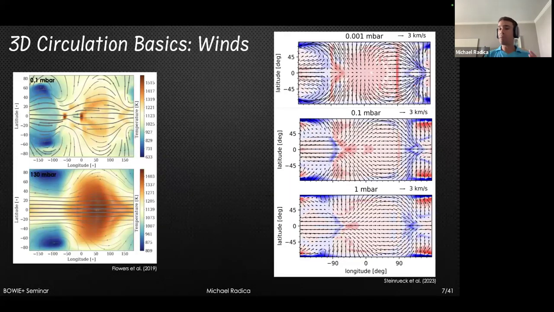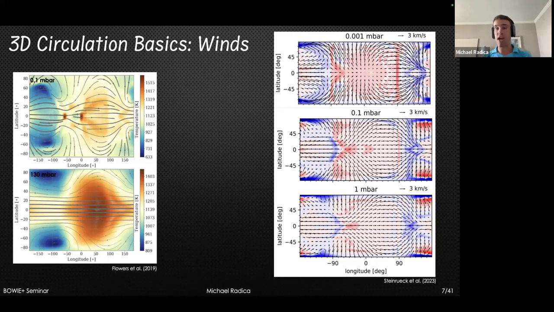Now, the picture gets a little bit different as we move up in the atmosphere, to pressures that we're probing in transmission. So what we've been talking about previously has all been the deep atmosphere. But now if we move up from, let's say, a few hundred millibars to a fraction of a millibar, what we see in both of these plots, from Flowers et al. in 2019 and from some of Maria Steinrueck's work in 2023, is that as we move to the upper level panels,